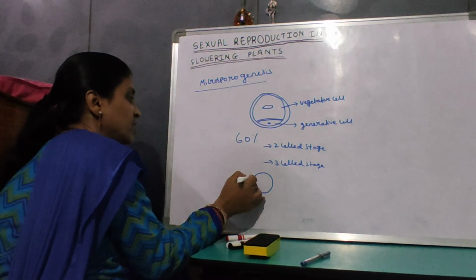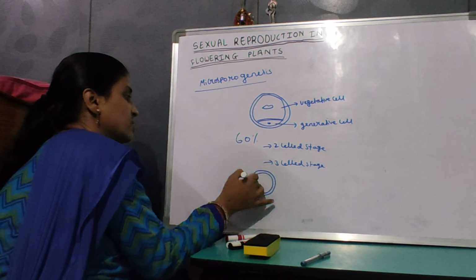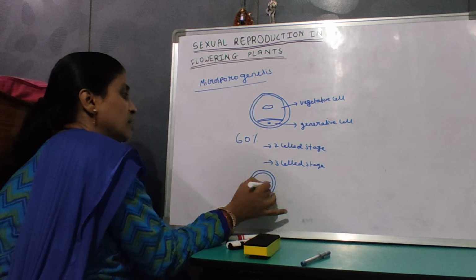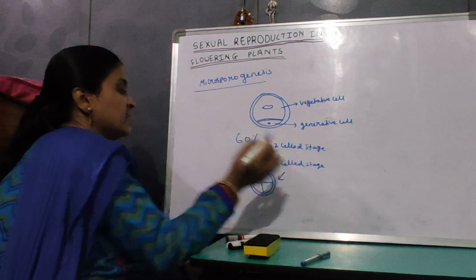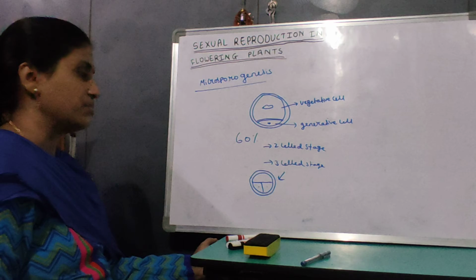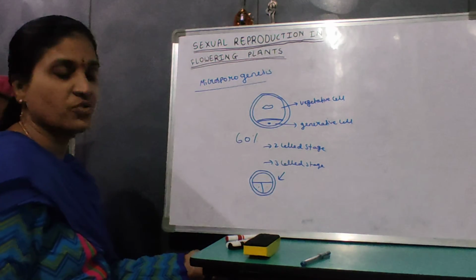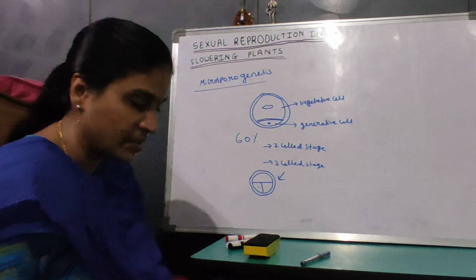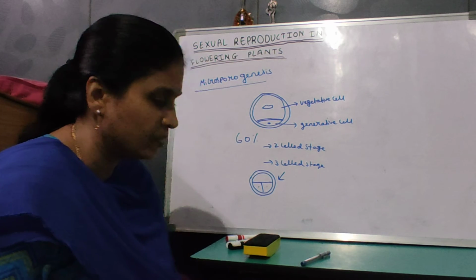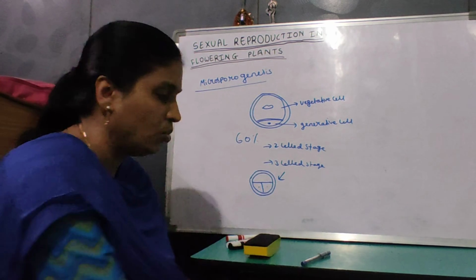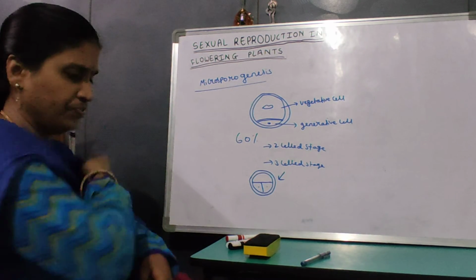The generative cell is going to divide by mitosis and form 2 male gametes. So the 3-cell stage takes place in some angiosperms. The dehiscence of the anther takes place. Then what happens? Now these particular pollen grains